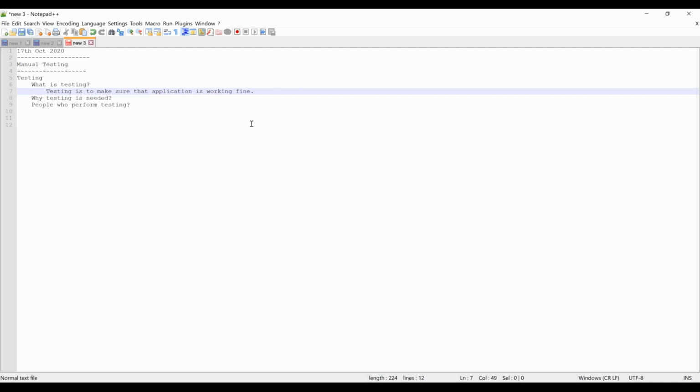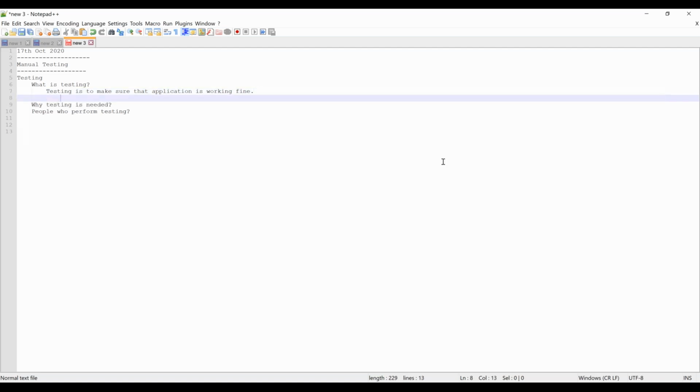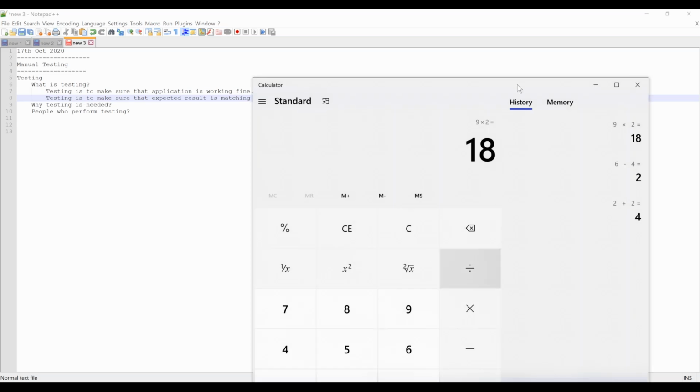Or we can also say testing is to make sure that the expected result is matching with the actual result. Okay, so what is the expected result and what is the actual result?